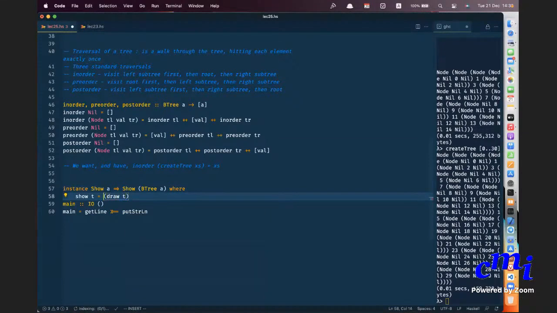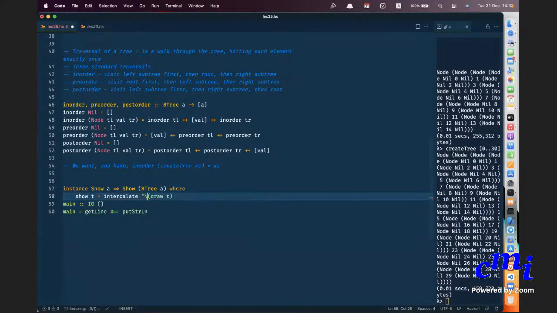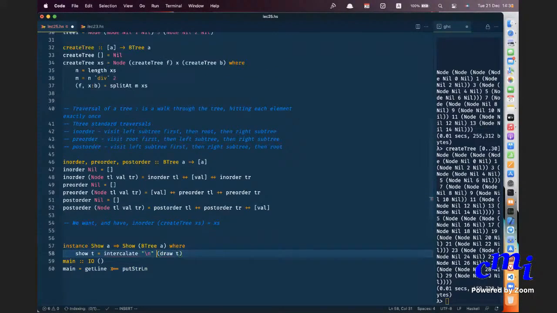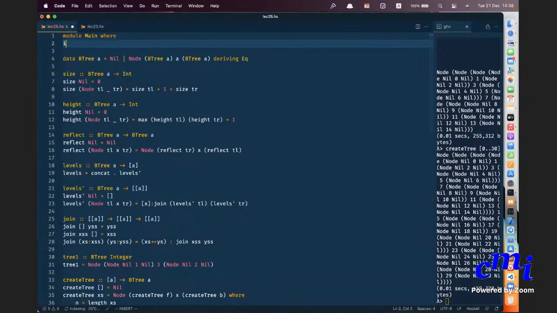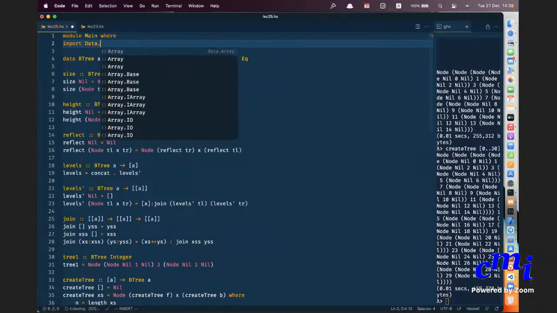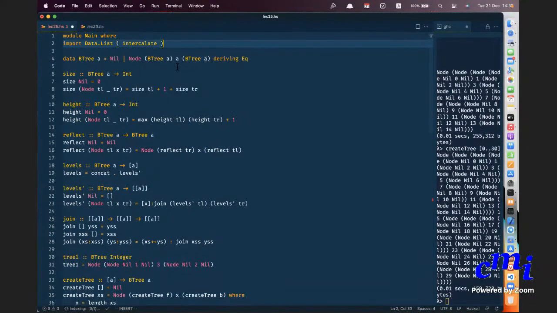I want to put these strings together. So each string will be something that appears on each line. And I want to put these things together by inserting a new line between each of these things. Which means that I should import intercalate from data.list. Okay, done.